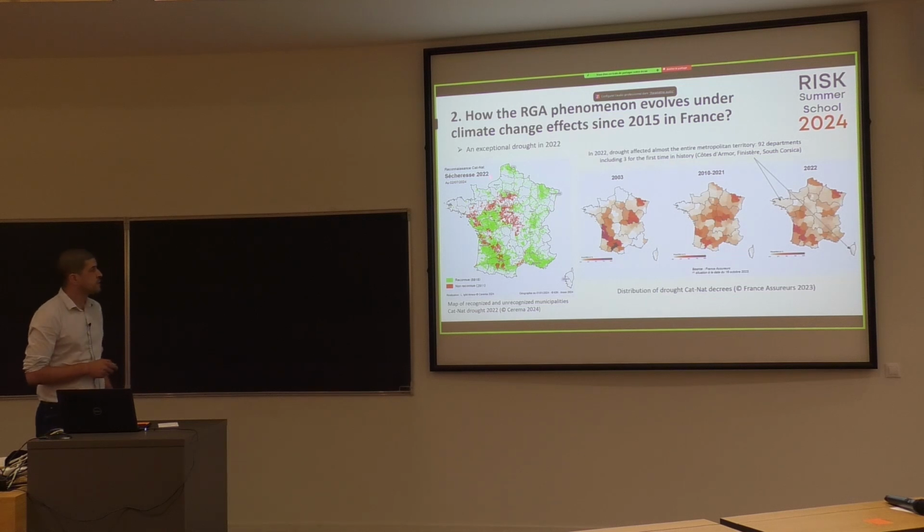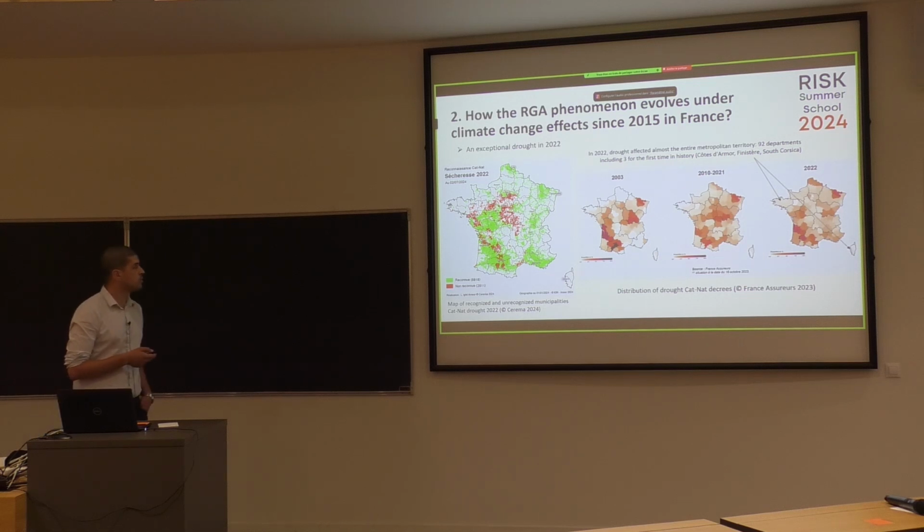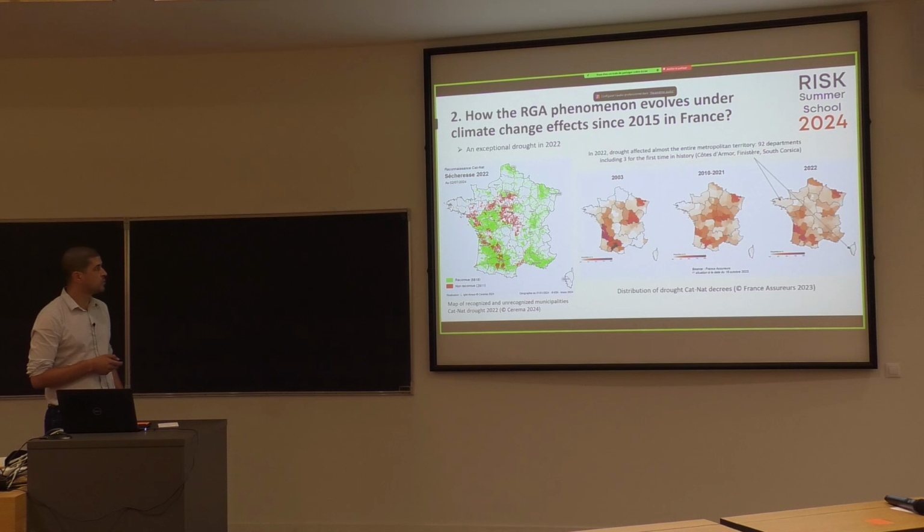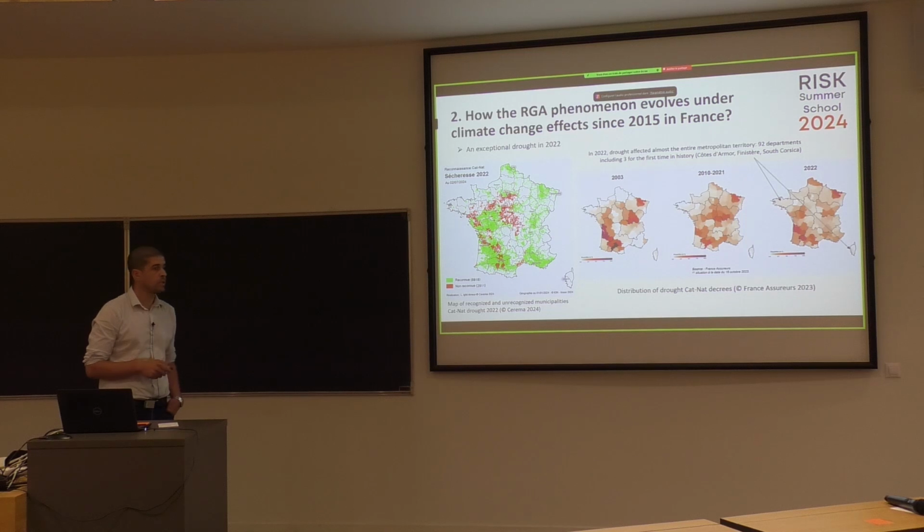And I will finish with this point to talk about an exceptional drought in 2022. You have here on the left side the map of recognized and unrecognized municipalities for CatNat drought 2022. In green, you have the accepted requests, and in red, you have non-accepted requests. And we have numbers here. We have nearly 7,000 requests accepted, which is a record since